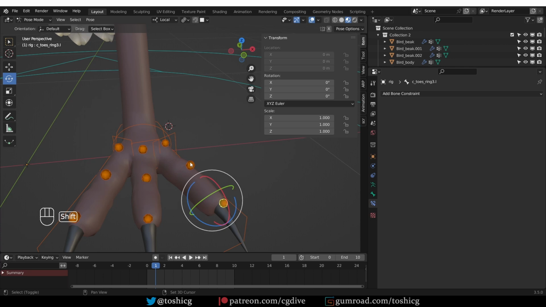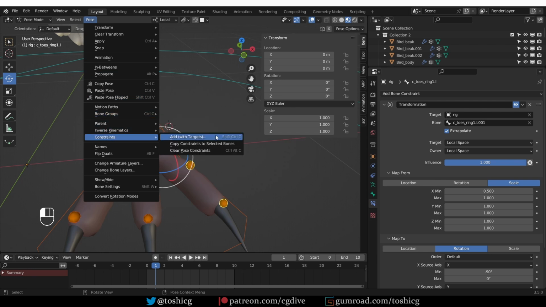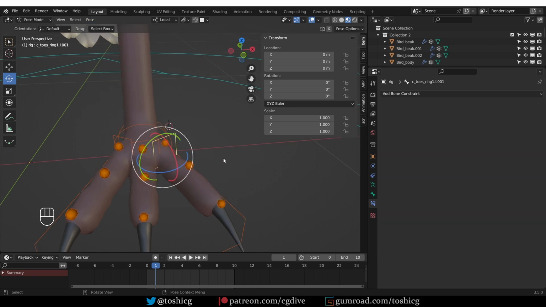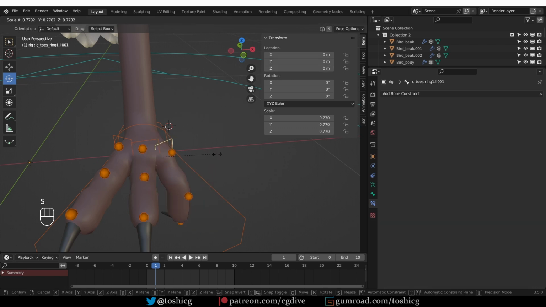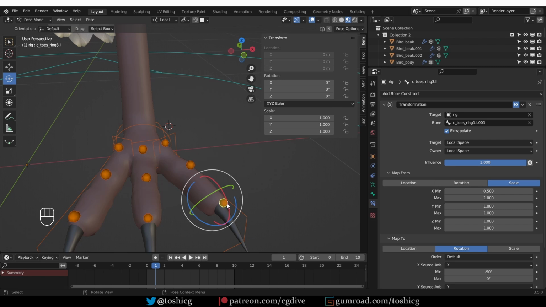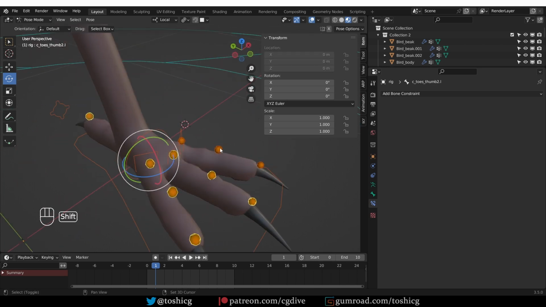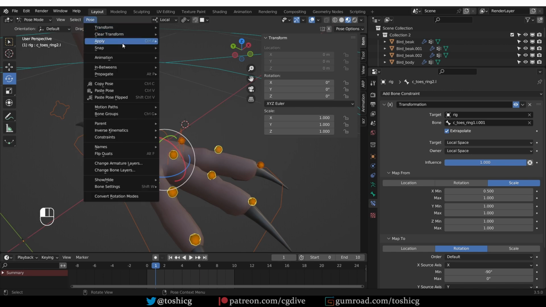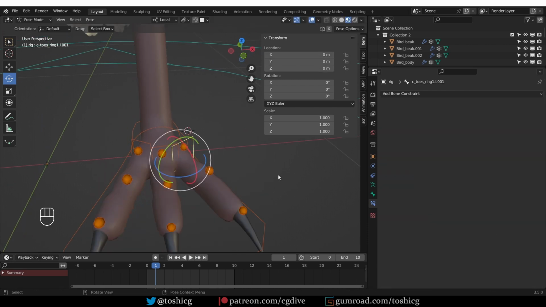Now I can select these two controls and then shift select this one, which has the constraint, go to pose, constraints, copy constraints. And now if I scale this control, it will bend all of the fingers because all of them got this same constraint, and so they're bending as this control scales. To copy this to the remaining bones, just select all of these bones that do not have the constraint and shift select one of the bones that do have the constraint, go to pose, constraints, copy constraints. And now this will bend all of the fingers, which can be nice, it can be exactly what you want,